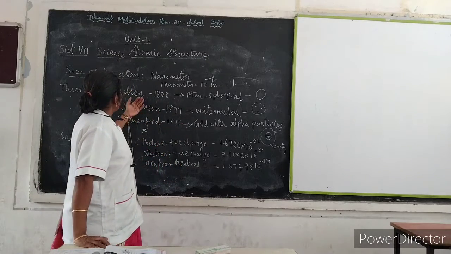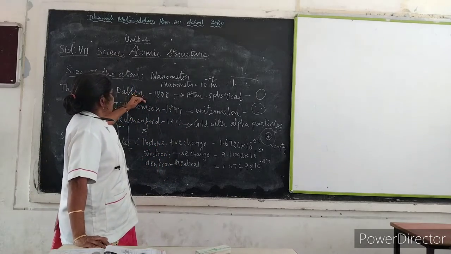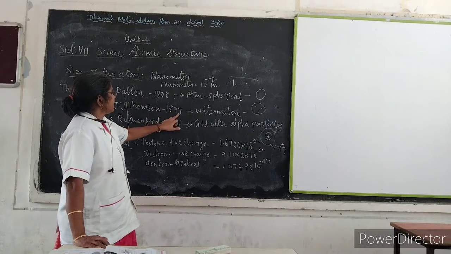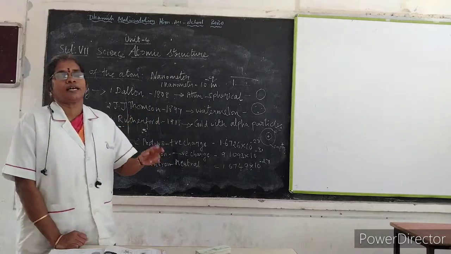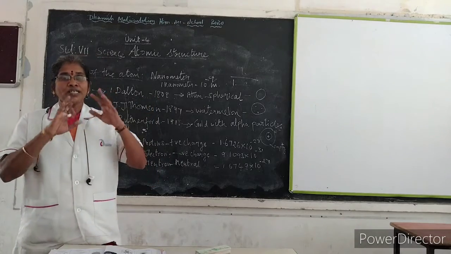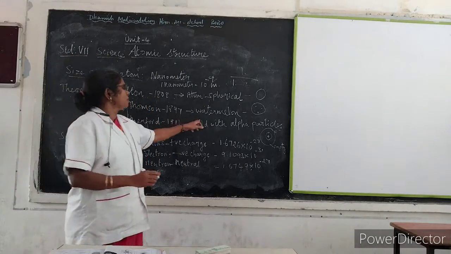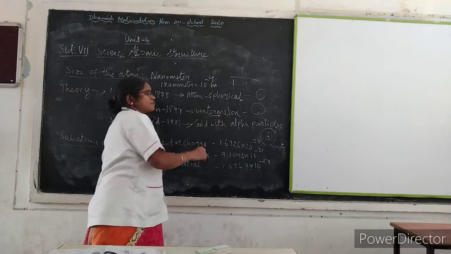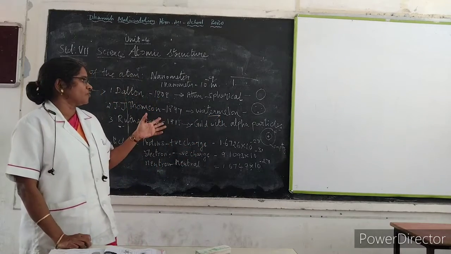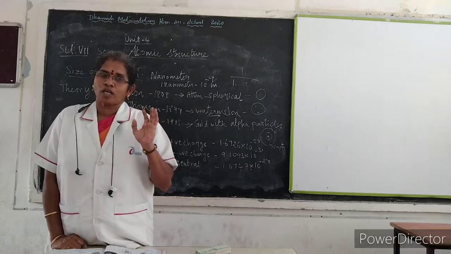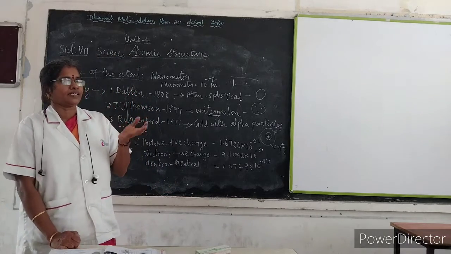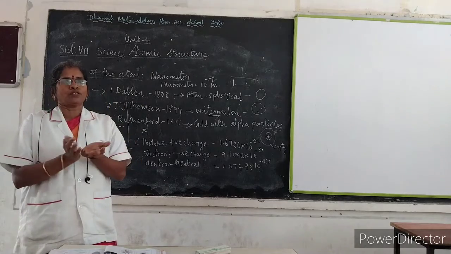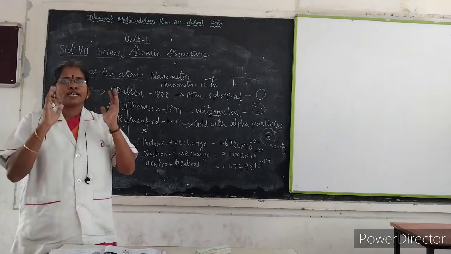Then second, after his theory, in the year 1897, J.J. Thomson explained the atom. He imagined a watermelon as an example. He explained the structure of an atom with the help of a watermelon. I hope everybody likes watermelon. Yes, you know the shape of the watermelon. How will it be outside?